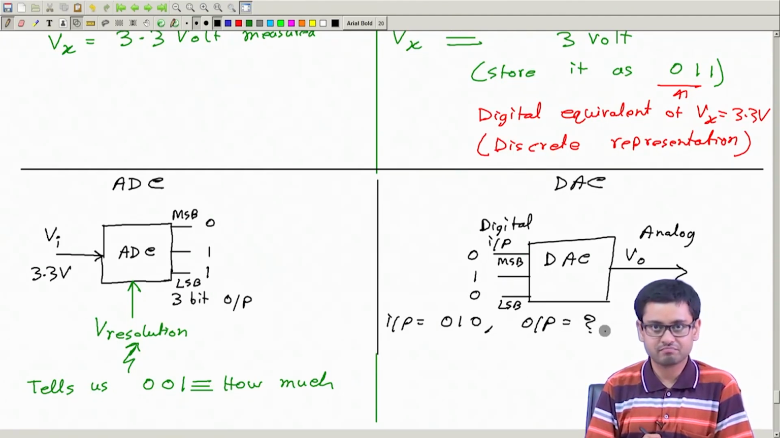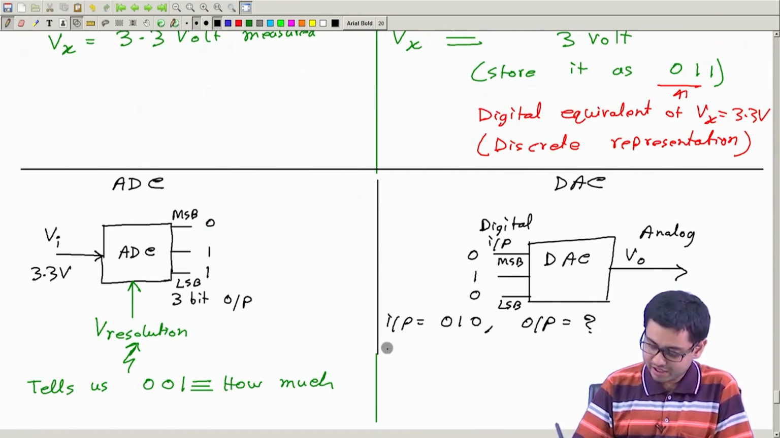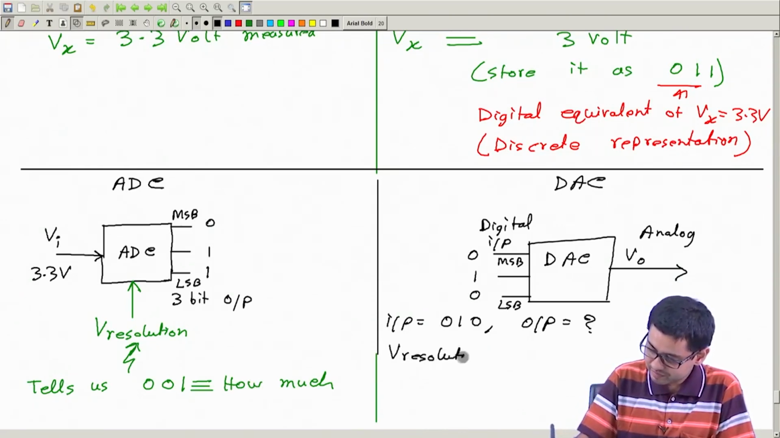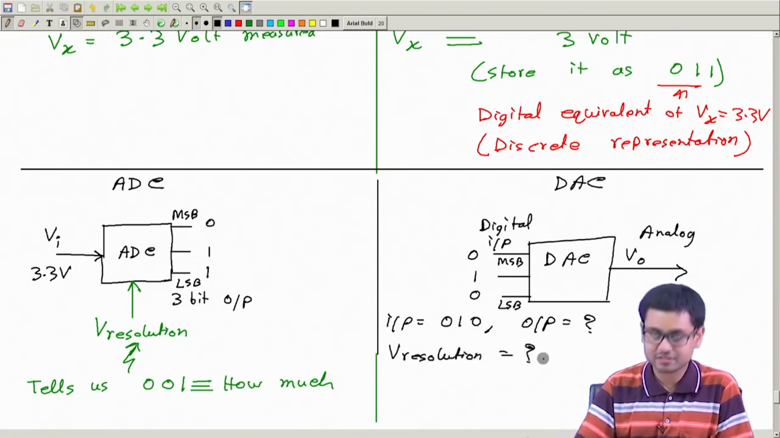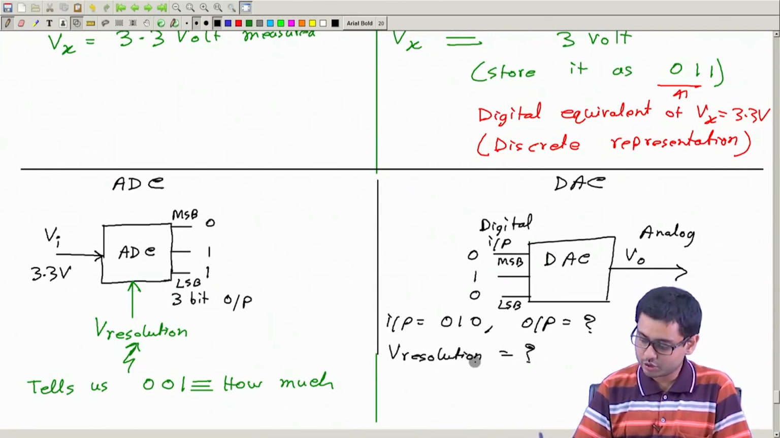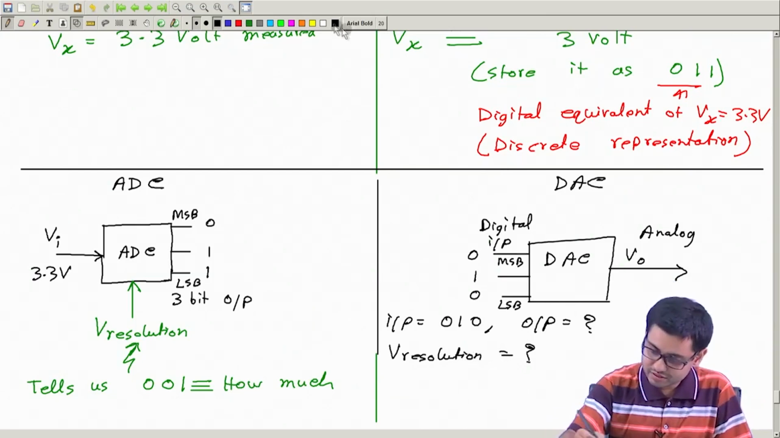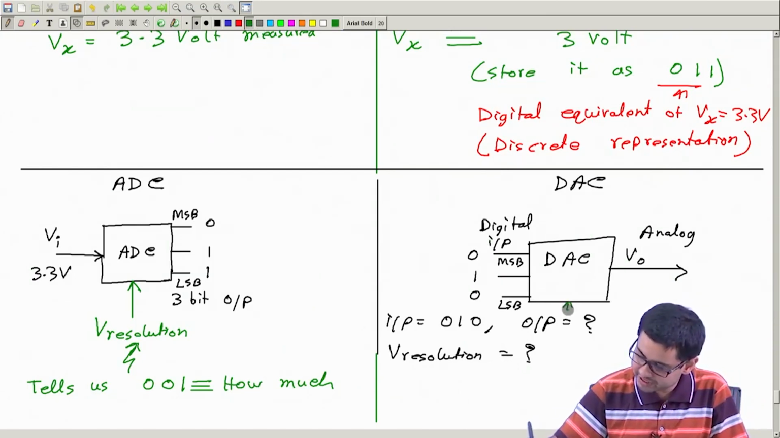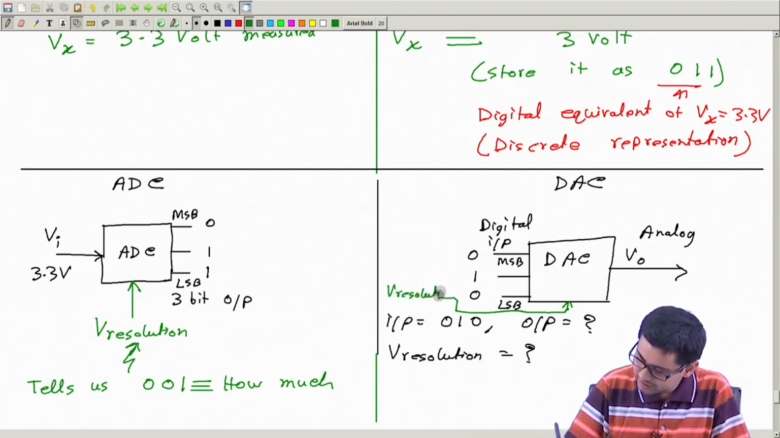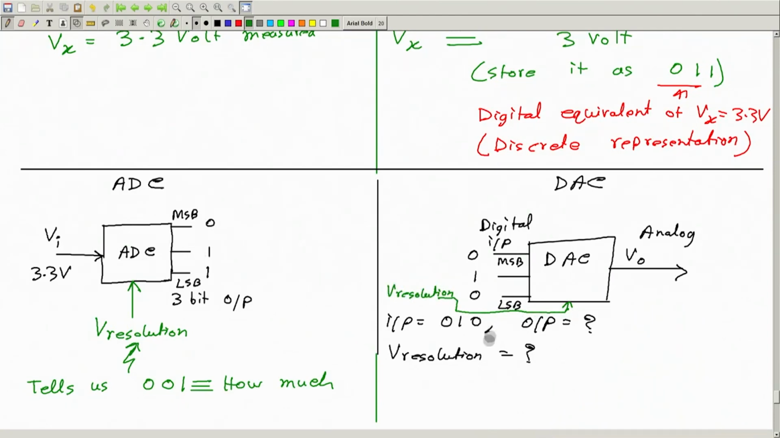Can you say? No, because I also have to say this V resolution is equal to how much? This is important. Therefore, I will again put another extra input, V resolution, just like an ADC. Now, if I say this is equal to, say, let us take 1.5 volt,